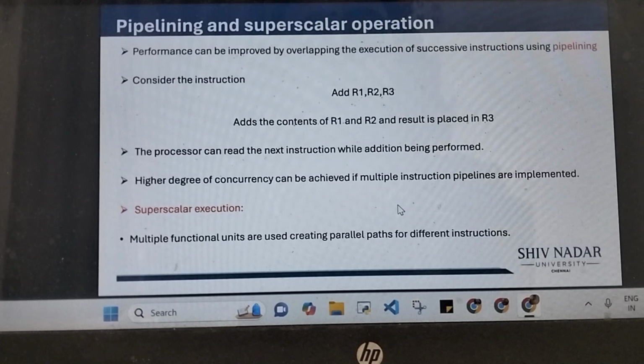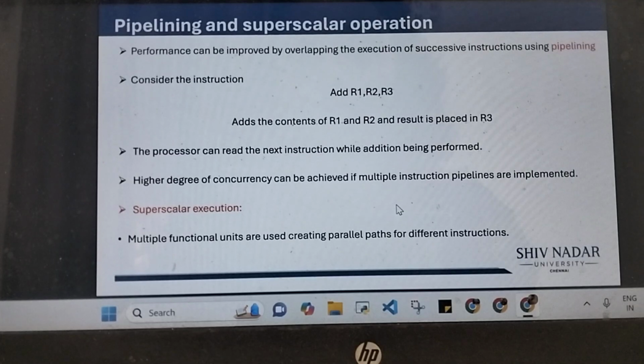Okay, moving on to pipelining. This is a very simple concept. There are nuances to it which you will be learning in one of the future chapters. So, for now, what you need to understand about pipelining or superscalar operation is it is like parallel processing or